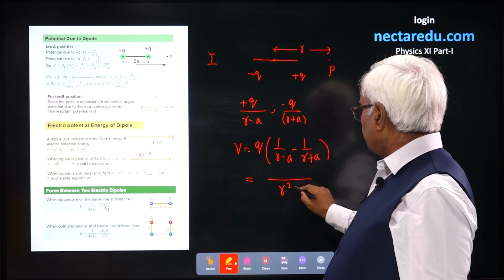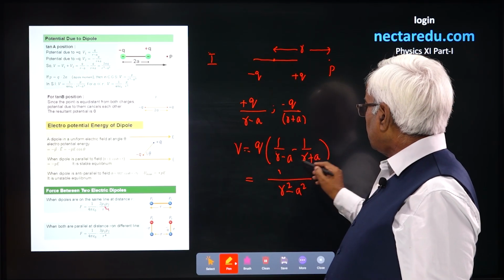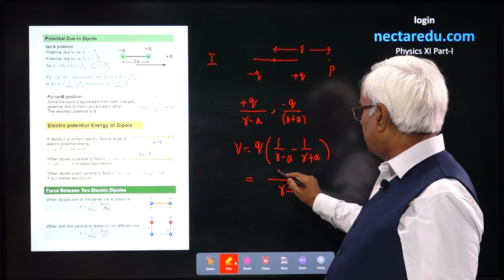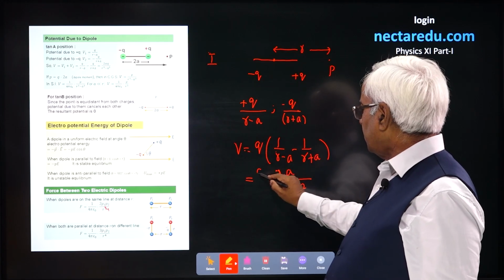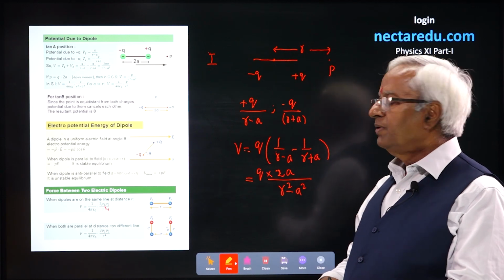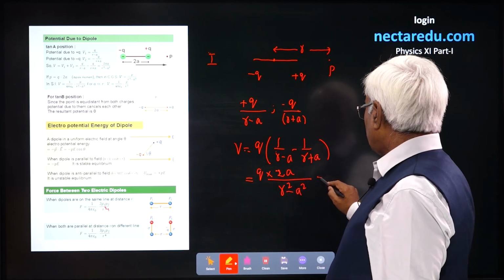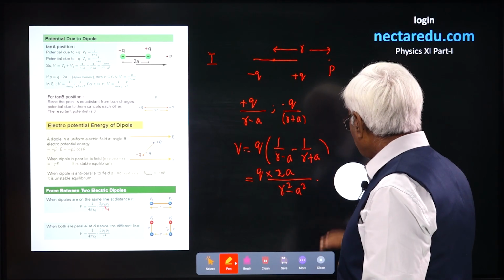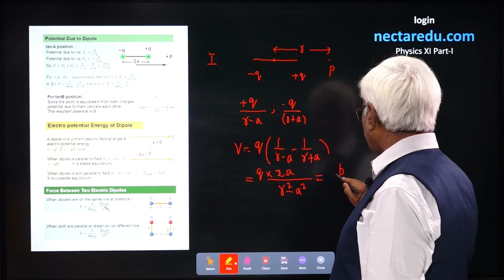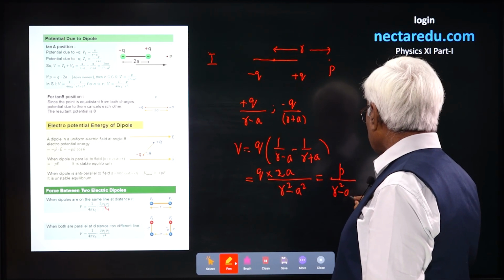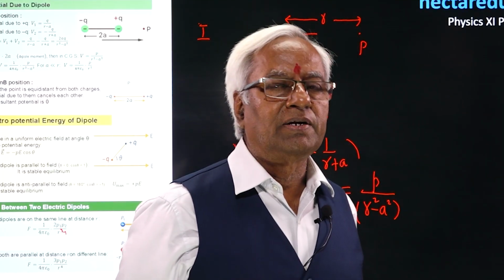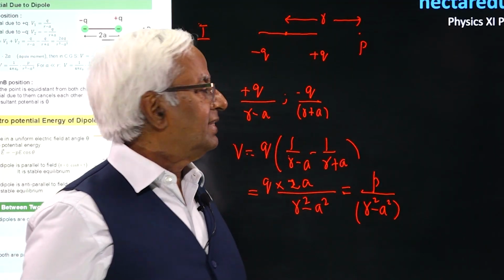You take the LCM, it's a difference of squares. It will be r plus a minus r minus a, which is going to be 2a, and here it's q. What remains is 2qa, that is p. 2qa you could write directly as p upon r square minus a square. It is the potential because of a dipole at a point lying on the axis at a